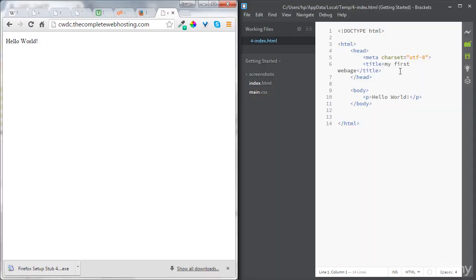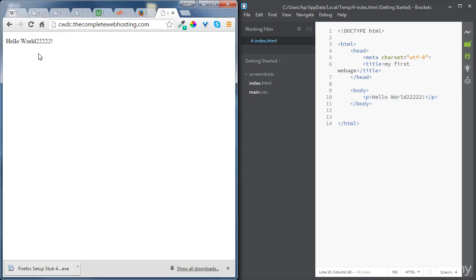Okay, so if you make any change now in the file and save, doing Control S, then if you refresh the page, you will see the change that you have just implemented in the file. You may notice a bit of delay for changes to take place,